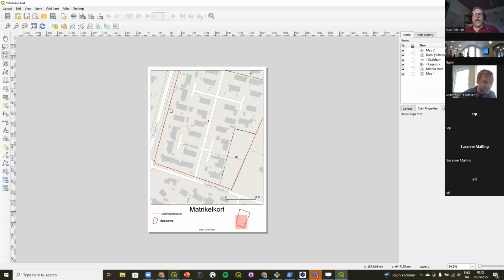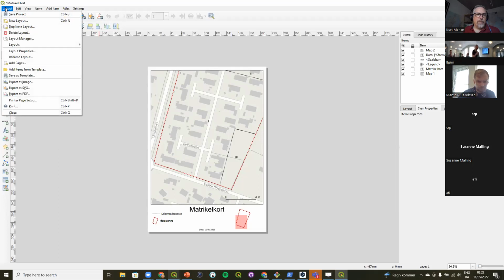Okay. So if I have my print layout open and I'm ready to export it, you'll see that there are these three buttons: export as image, export as SVG, export as PDF. So you can choose one of those. You can also find those from the layout menu: export as image, export as SVG, export as PDF, same thing. And so, for example, if you're going to export it as a PNG or a JPEG, you could just export as image